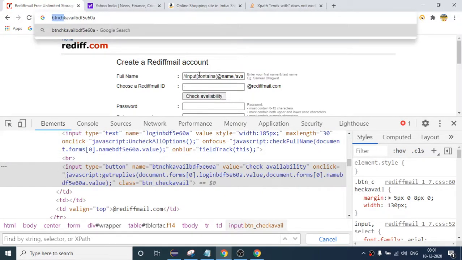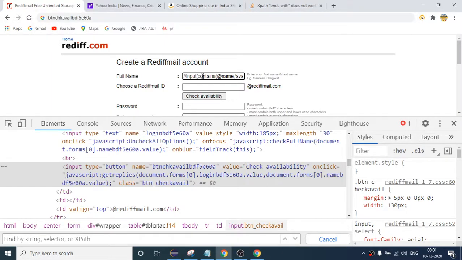So I am saying go to the input tag and look for the name containing this value. Because I know this is constant, even if the previous and following values keep changing, this part will remain constant. I'm just saying go to the input tag and check for the name which has this AVAIL name, right? This is how it will identify it.